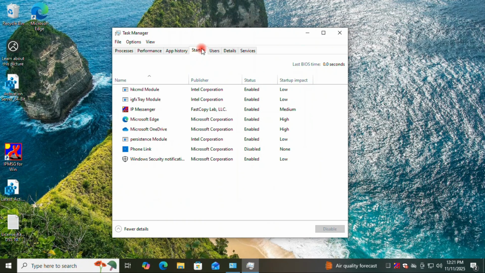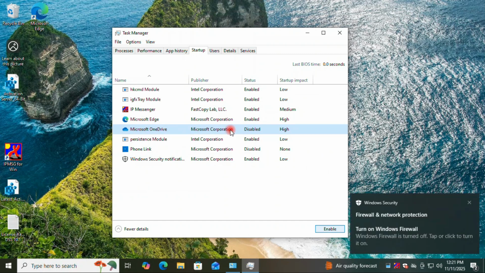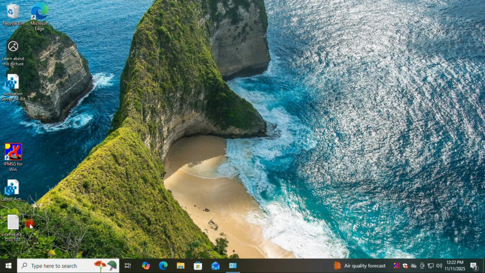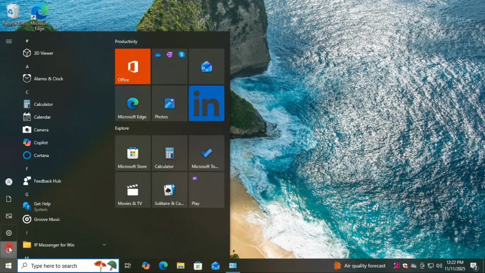Okay, in this list find Microsoft OneDrive. Click on this OneDrive, and right click on it and click the Disable option. Okay, this OneDrive should be disabled here. Now close and restart your PC